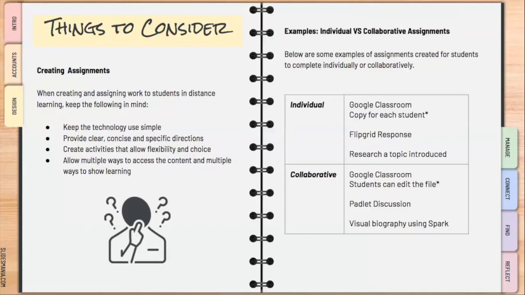You can also use Padlet to have a type of discussion or to frame the discussion that you're going to have later with the students. So you can use something like Padlet for that. Students are working collaboratively. They'll see the responses that everybody has and they can have discussion. But that's something you can also revisit when you meet with them again for your teacher interaction time. You can also have them work collaboratively when they're doing a visual biography using Adobe Spark.